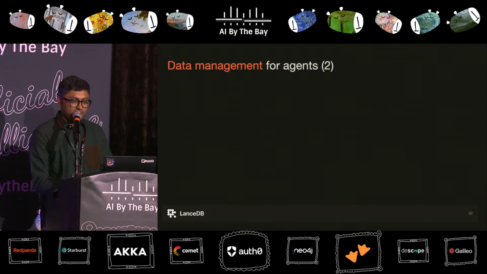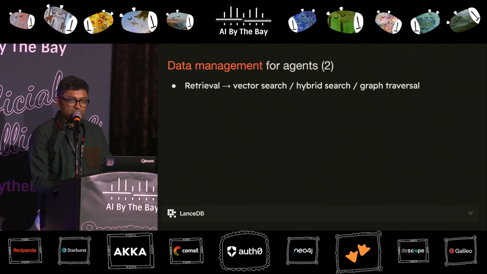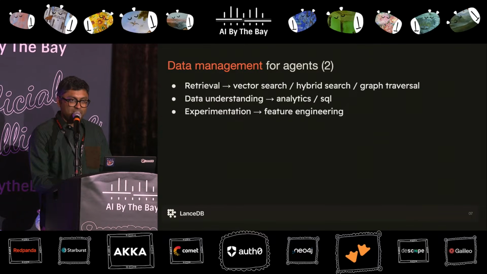Let's also look at data from the perspective of query workloads. The most common requirement for agents is retrieval, where you have a combination of things like vector search, full text search, graph traversal, and so on. You may have analytical workloads that you want to run in SQL to understand your data and run aggregations and analytics on it. While experimenting with the AI workflow, you may want to serve the data to agents. But to do this, the data needs to be augmented using things like feature engineering, where you transform your data or extract features and information from the unstructured data underneath.